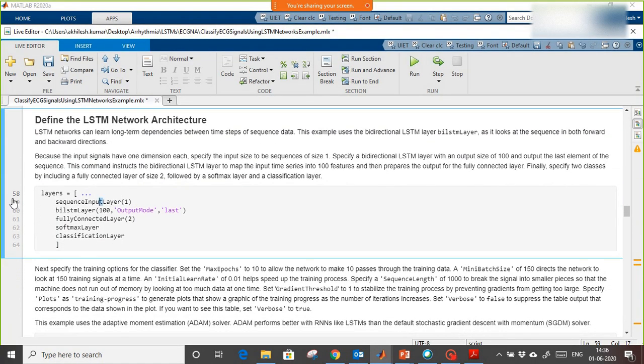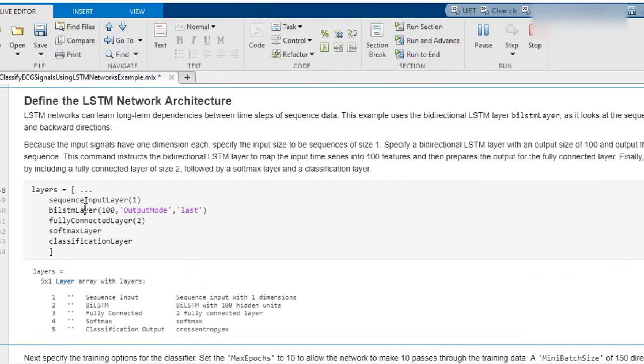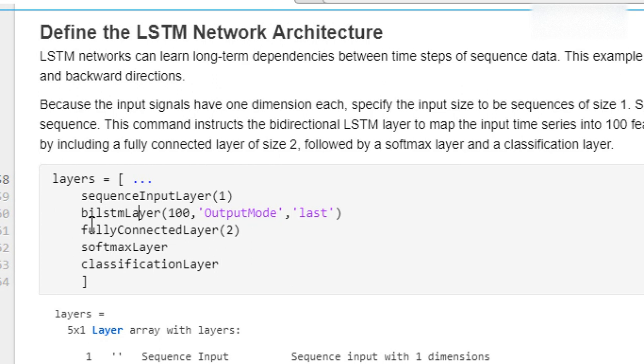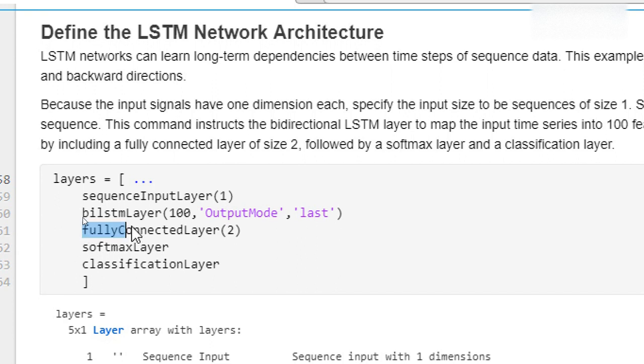Next we are going to define the layers. These are the layers here. Sequential input layer: the input is one only, that is normal or abnormal, so one input at a time is coming. This is a bi-LSTM layer, so it works bi-directionally. Then a fully connected layer, where we provide the number of classes. In our case we have normal and abnormal, so two.